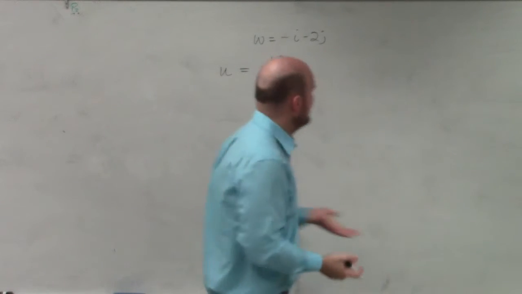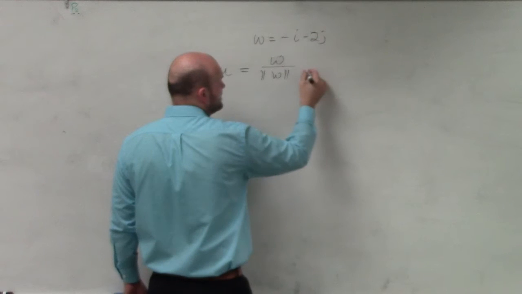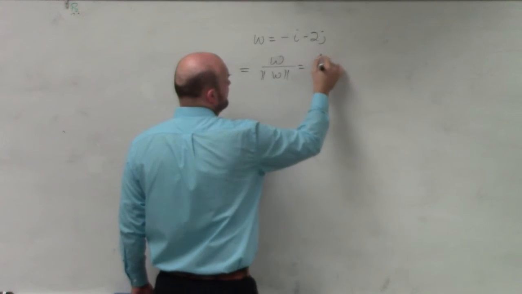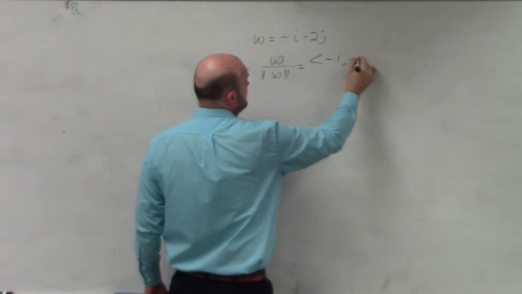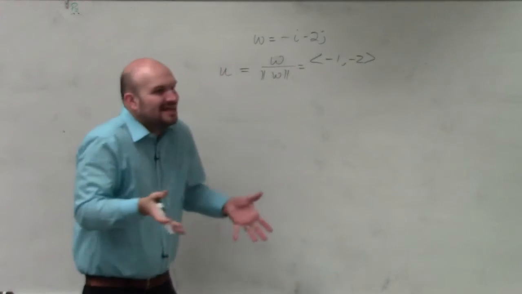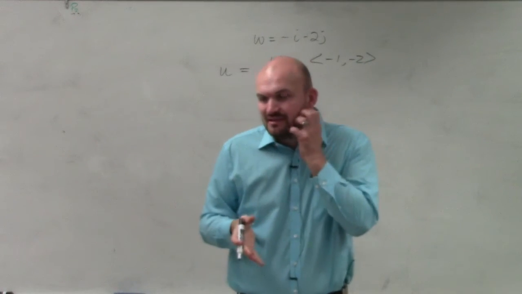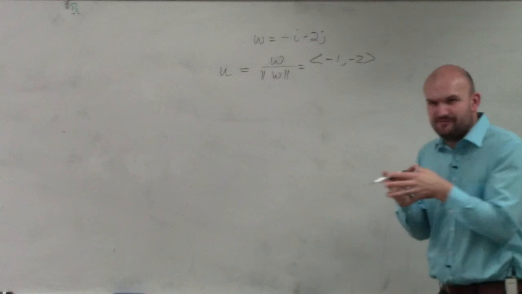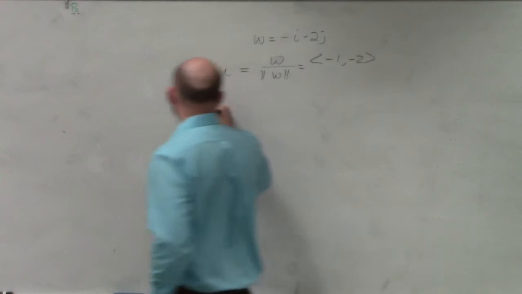Now, I prefer to find the vector, I just like to write it in component form. You could leave it in this format. But if we're going to write this in component form, it would be -1 comma -2. And I just like writing in component form, because when I have it in that format, it's very easy for me to find the magnitude. So the magnitude of w